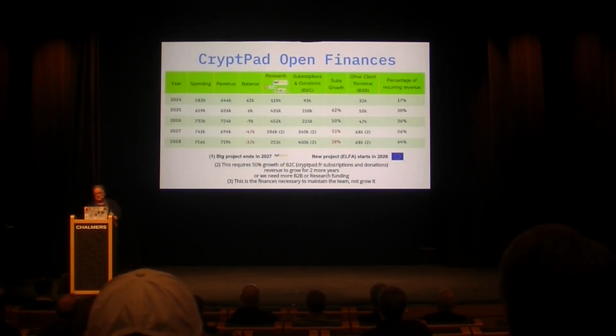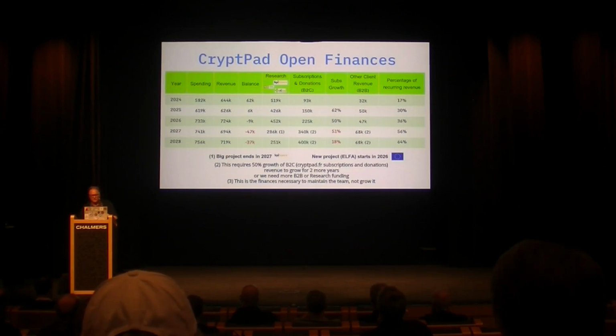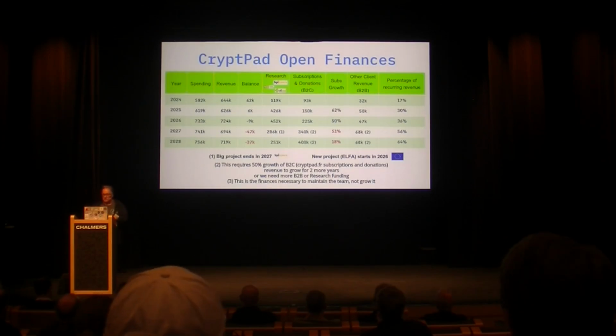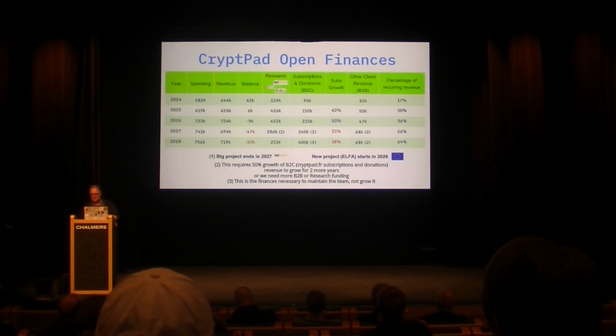We like to have our finances open. We're asking for money from end users, so we want to show them what we do with that money, and also how much we spend and where we get our money from. We have been fairly stable, so XWiki didn't lose any money. The company didn't lose any money in doing CryptPad,